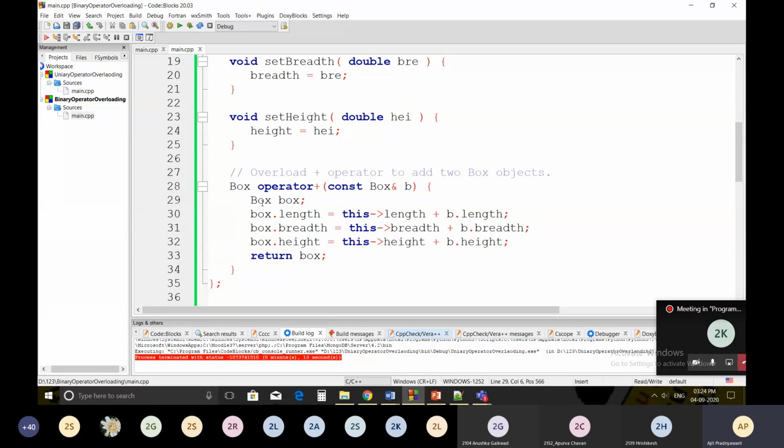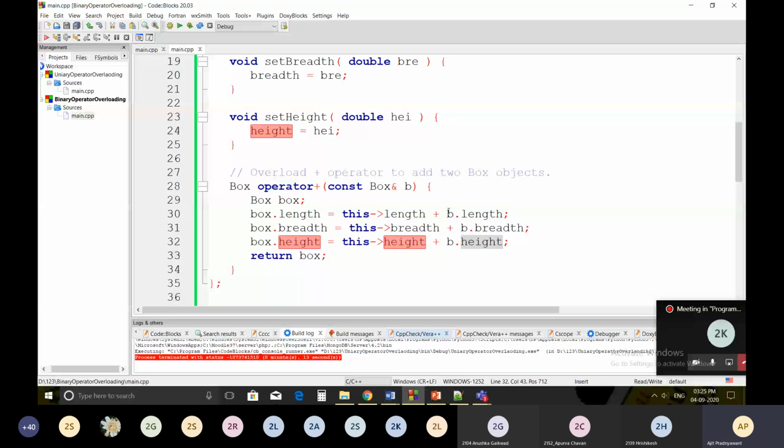Just see, we have created one temporary object over here, Box, and this box.length is equal to this length plus b.length. Then box.breadth is equal to this breadth plus b.breadth, and box.height is equal to this->height plus b.height.